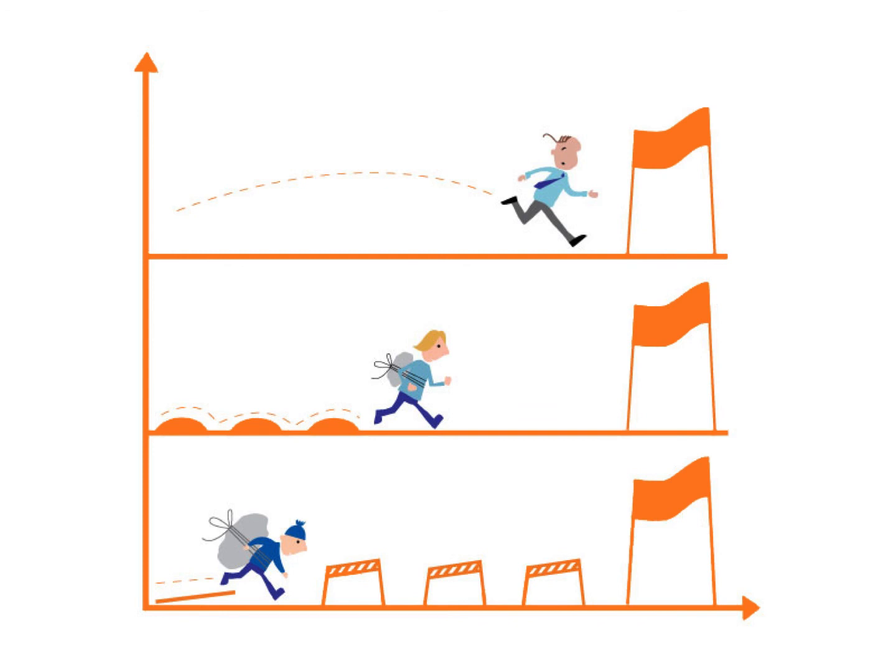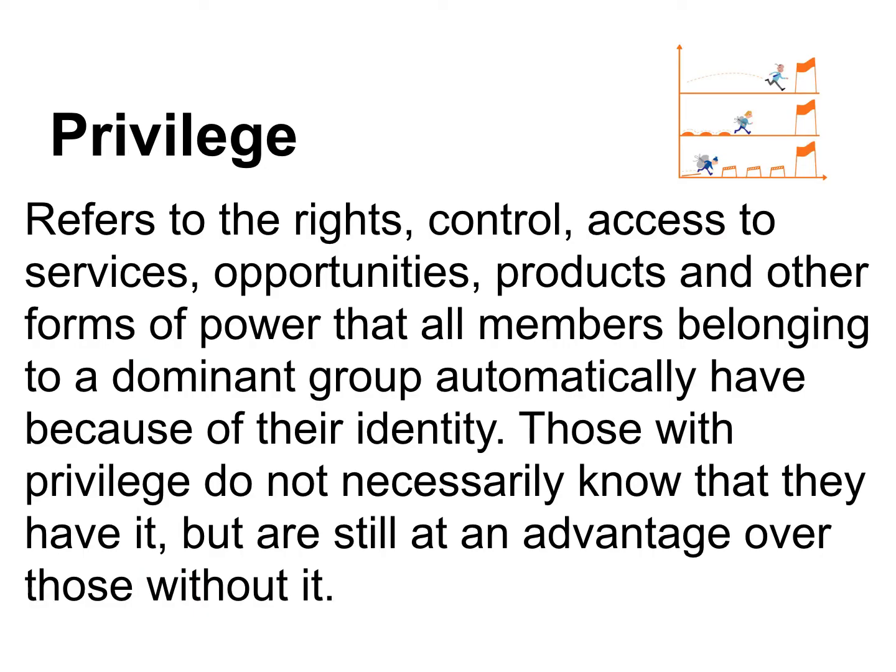So you have seen the definition of privilege as we've discussed it in relation to race and oppressions that people experience. But I want to show it to you again now that we've talked about structure and agency. And so you can see that it's the rights, the control, the access to services. This is getting from A to B however you want with support. This is like the image you've seen throughout this particular lecture in the upper right-hand corner of the person at the top, just running towards the finish line, unencumbered and ready to go as fast as they can possibly go, as opposed to being weighed down by societal inequalities.